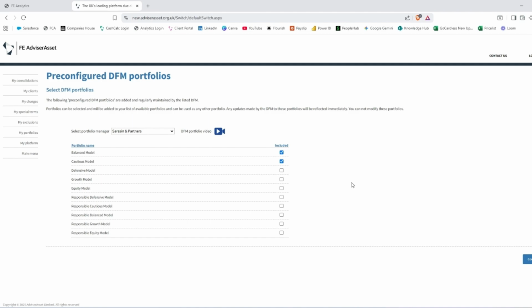Hi everyone, really excited to announce the launch of the Sarasin Partners MPS directly into AdviserAsset. This should make your life a lot easier whenever you're trying to recommend those models, particularly when you're doing consolidation work or charge comparisons, because AdviserAsset now knows the OCF of every model, it knows the transactional charge of every model, it even knows the subtle differences of those OCFs and transactional charges on whatever platform you choose,